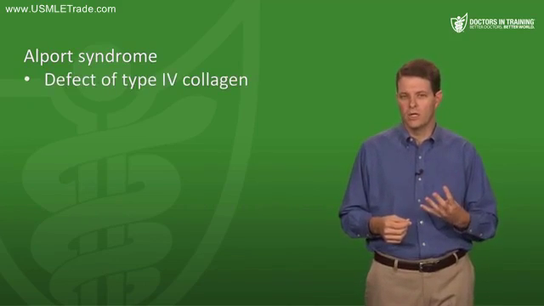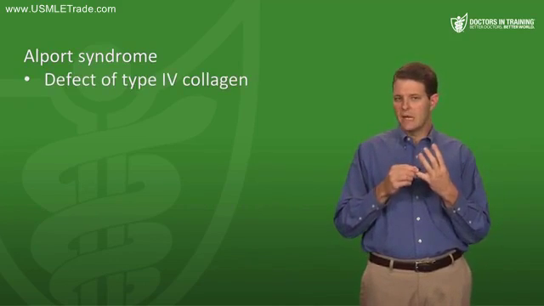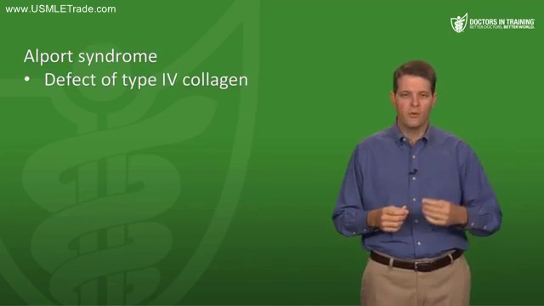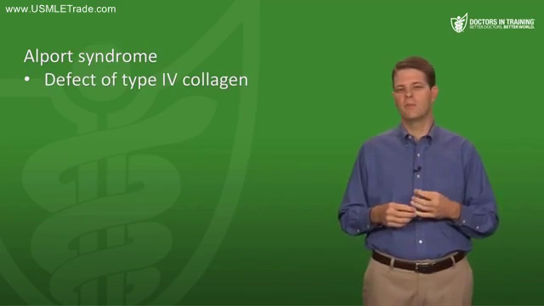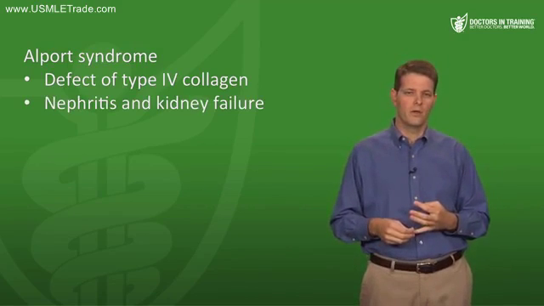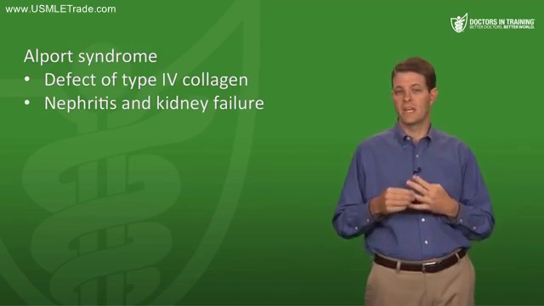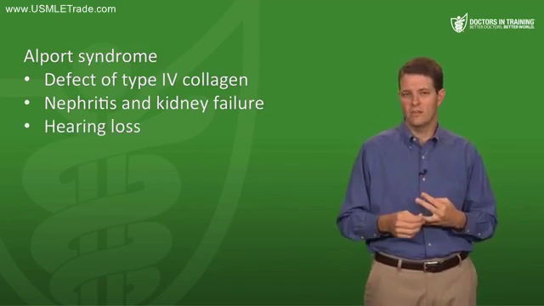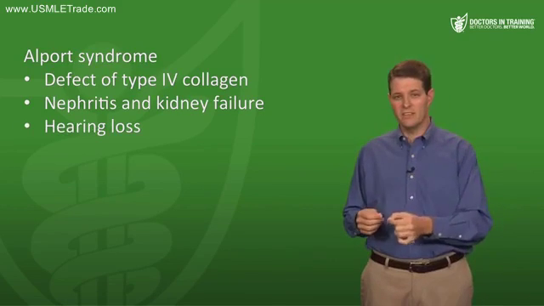Alport syndrome is a genetic defect of type 4 collagen. Which one was that? That's the BM, the basement membrane. Alport syndrome affects type 4 collagen in the basement membrane of the kidneys, which leads to nephritis and kidney failure. We also have type 4 collagen in the basement membrane of the ears, so these patients can have hearing loss. So kidney disease plus deafness equals